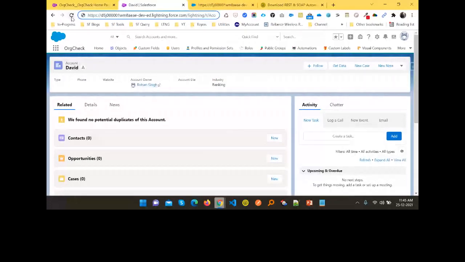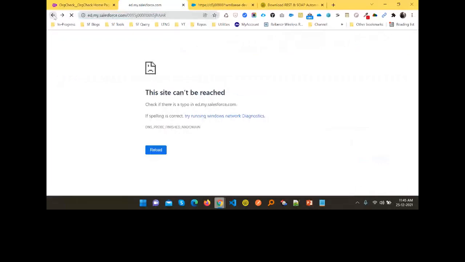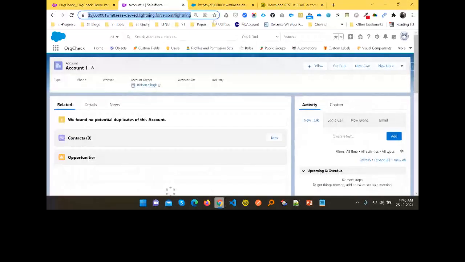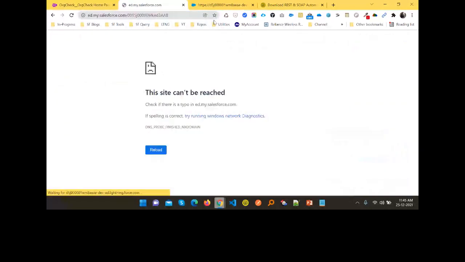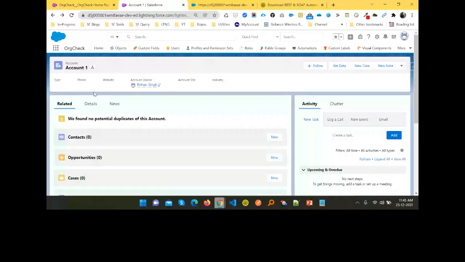Let me refresh this one. Just open any record as you want, but I want to show whether my record is updated or not, right? So just replace here, it's not showing. Okay, no problem. Here again, you can go to all the contacts, accounts,